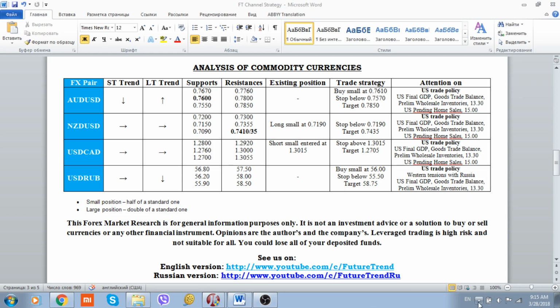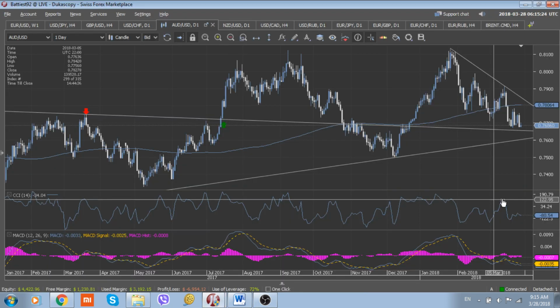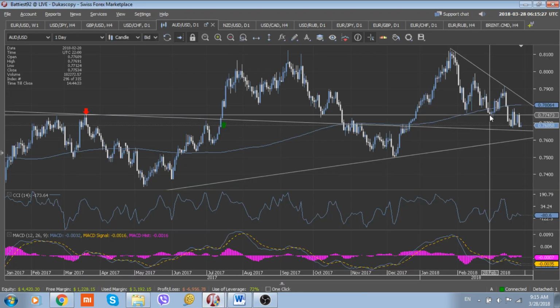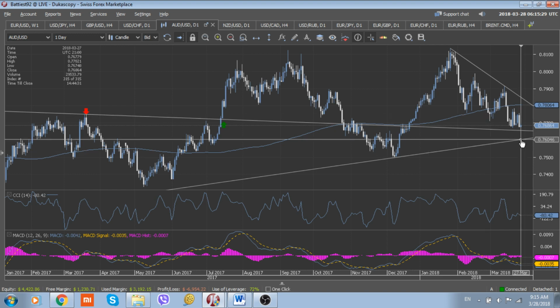As regards the commodity currencies, here the situation is as follows. The Australian dollar should still be supported from a longer term perspective while trading above its longer term rising trend line, located at 0.7605 at the moment. While above this line, the pair should probably be treated a little bit positively from a longer term horizon.